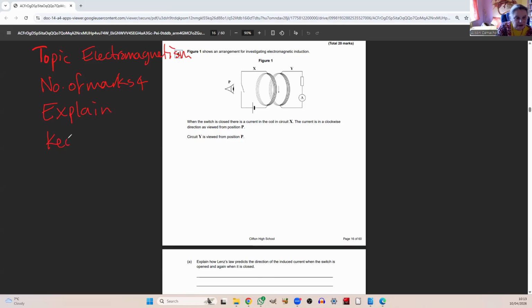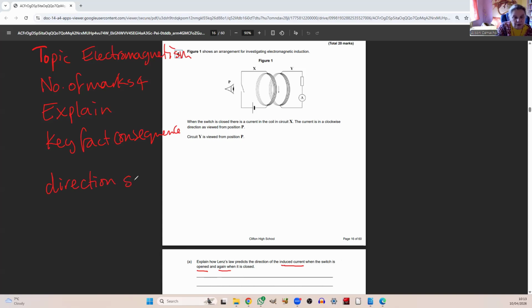Key fact consequence. Well done. Okay, now it's a 4-mark explain. We've got to explain how Lenz's law predicts the direction of the induced current when the switch is opened and again when it's closed. So we have to explain the direction